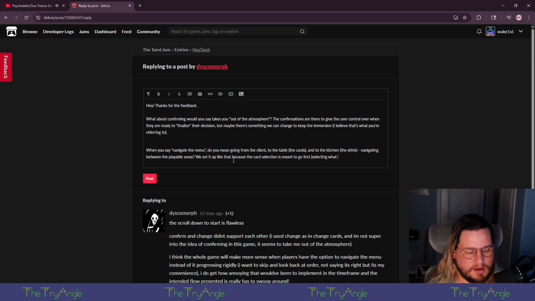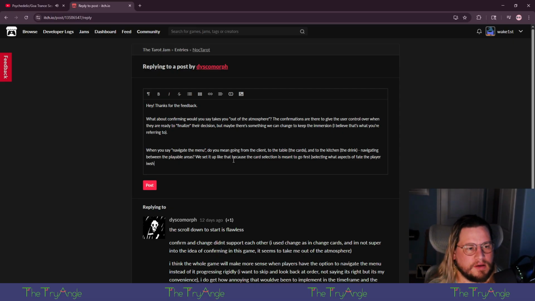Selecting what aspects of fate the player wishes to attempt to alter.